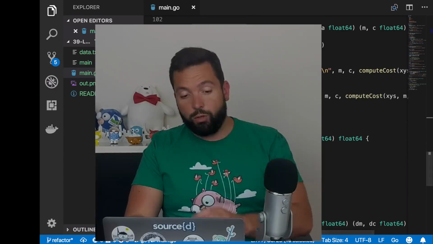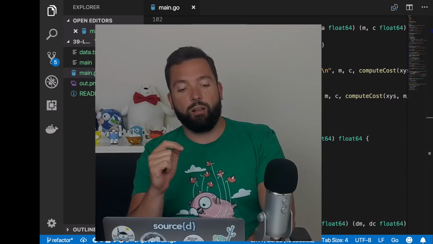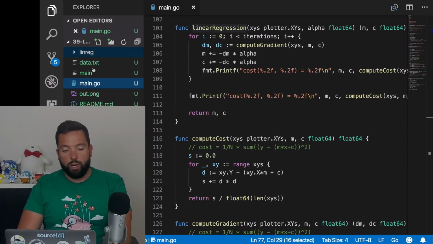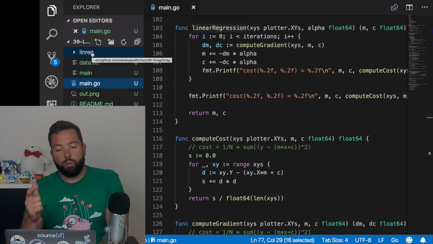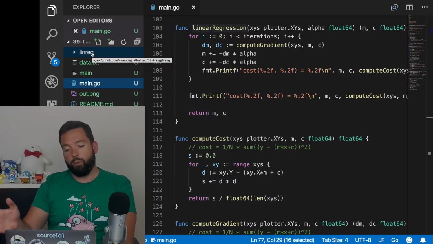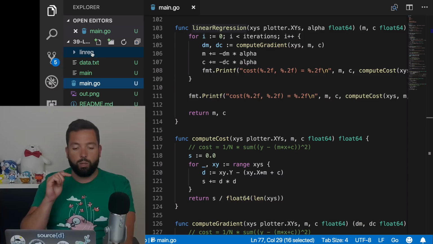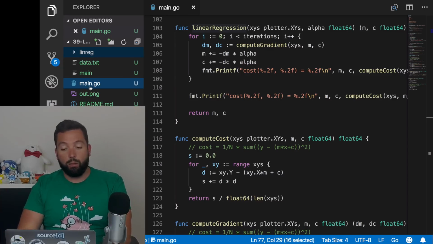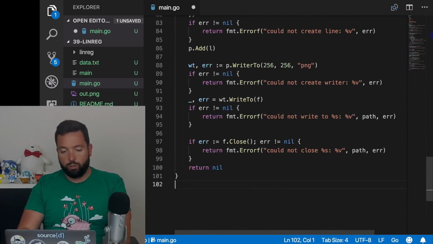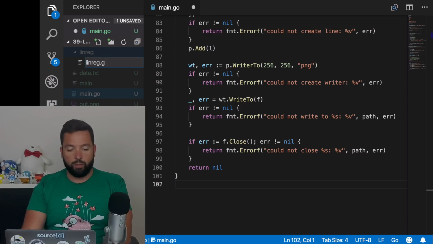What I'm going to do first is divide what is linear regression itself from the rest. I'm going to create a new package, and that is the package that later on we're going to be modifying to work with linear regression just with Go, and then maybe with Gonum, maybe with Gorgonia, and I might try TensorFlow later on. So all of these things we're going to be modifying just in linreg, and the main.go should never change. We should be able to simply move all of this code, the linear regression, down to a file here, linreg.go,